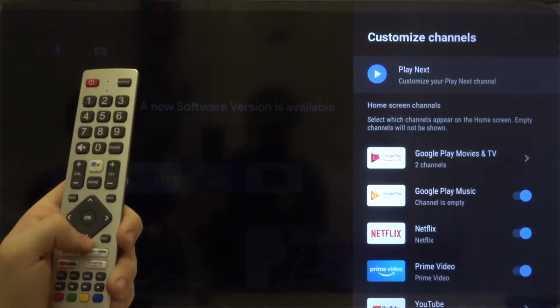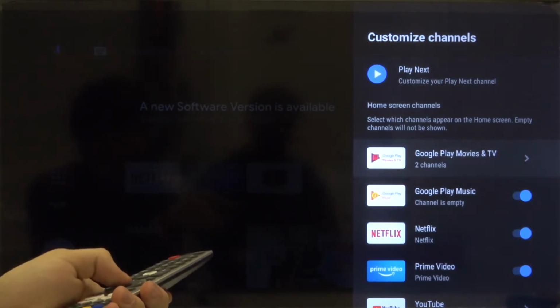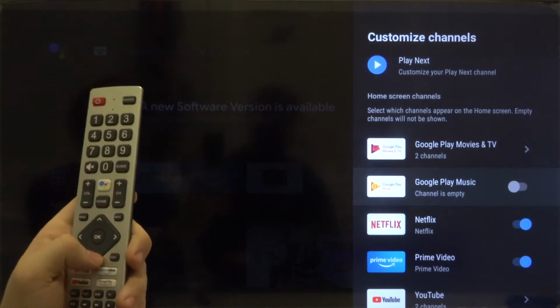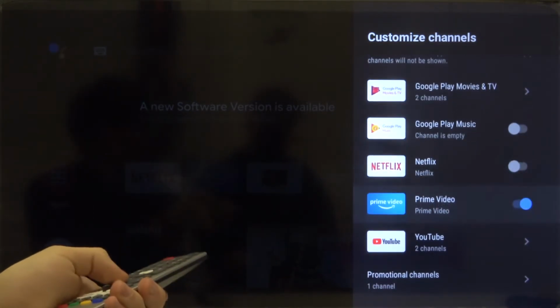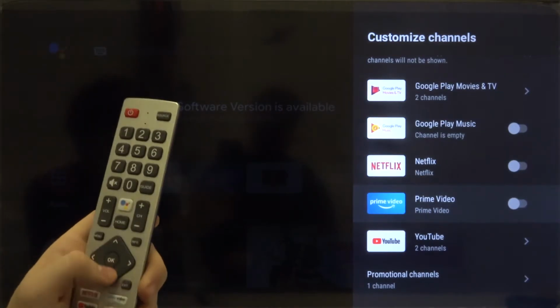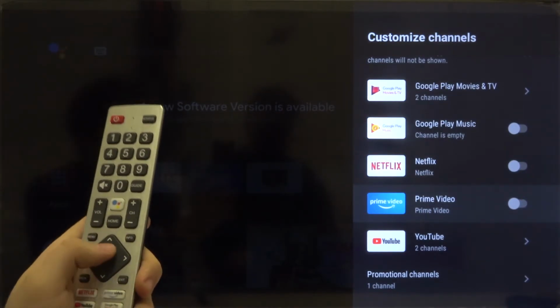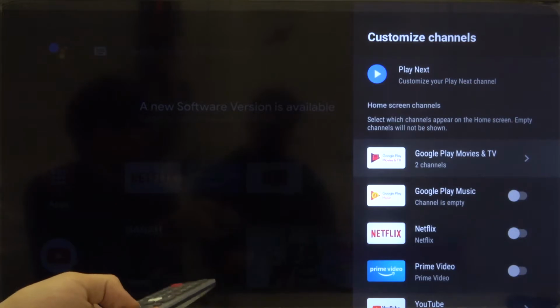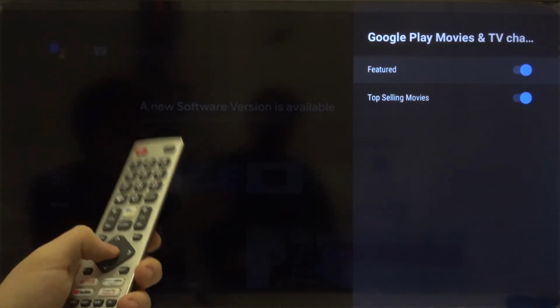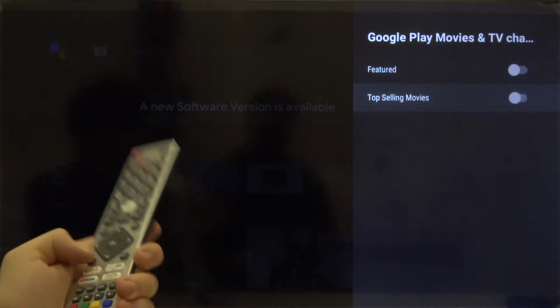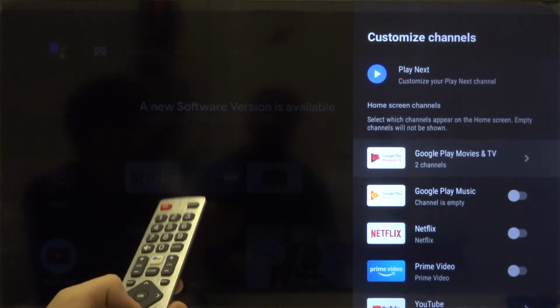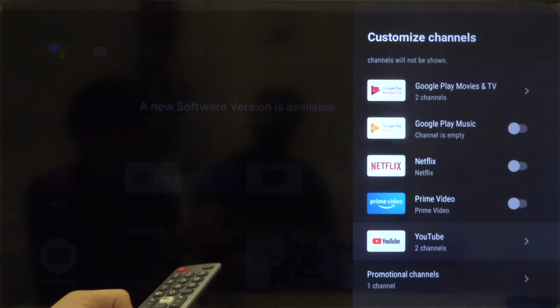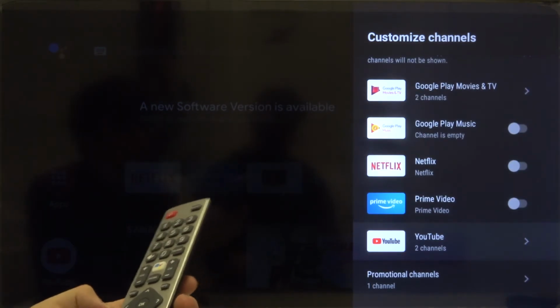And I think that we are going to turn off Google Play Music, click OK, then do the same with Netflix and Prime Video, and also go to Google Play Movies and TV, click OK, and turn off featured and top selling movies. Then just go back, and as you can see, we are going to stay only with YouTube. So right now just simply go back,